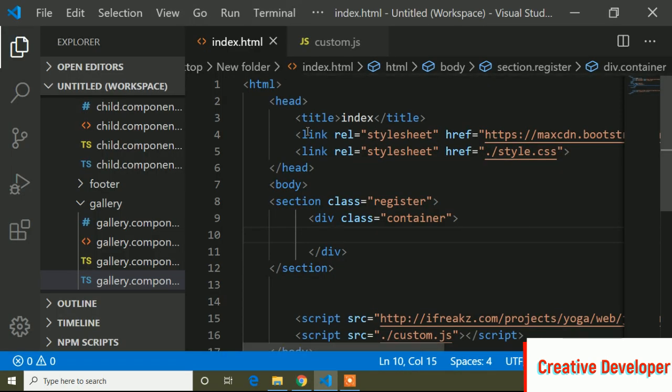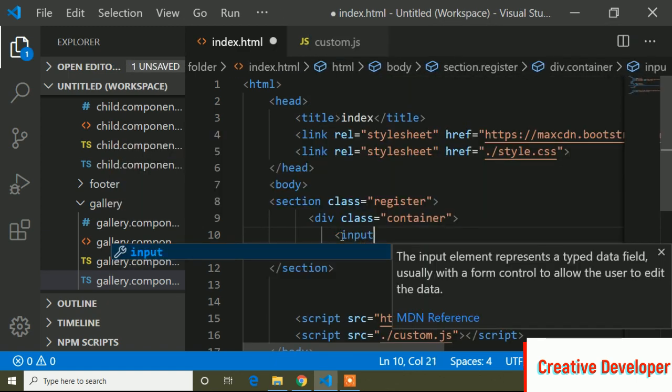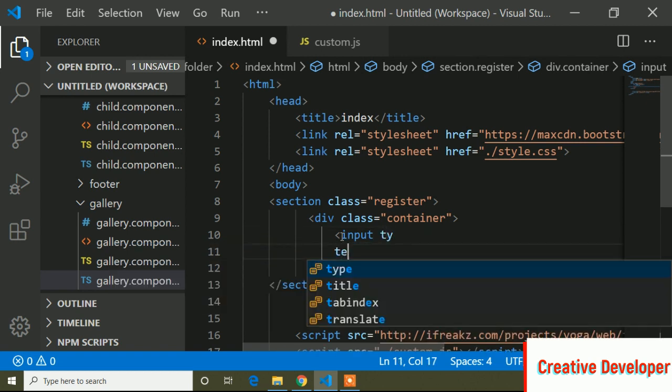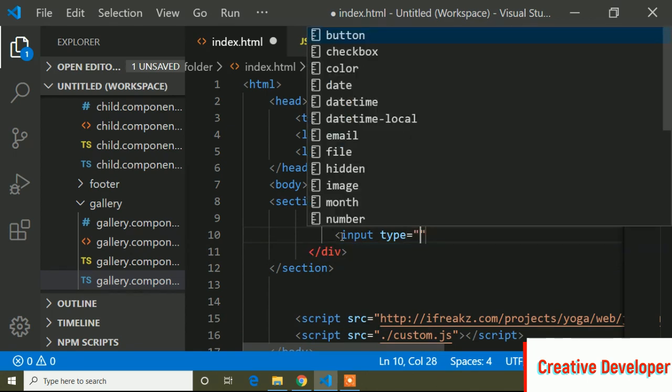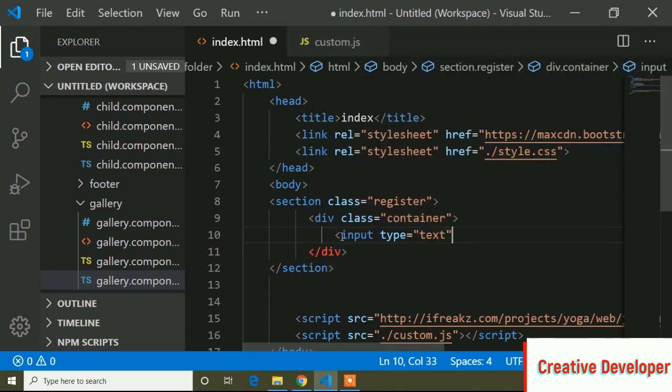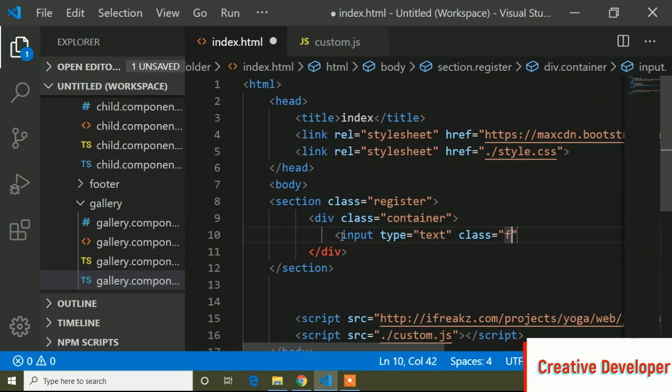Here is the index.html page, and here I will create this search. First of all, I will create an input type text and the class name form-control. This is the Bootstrap class.